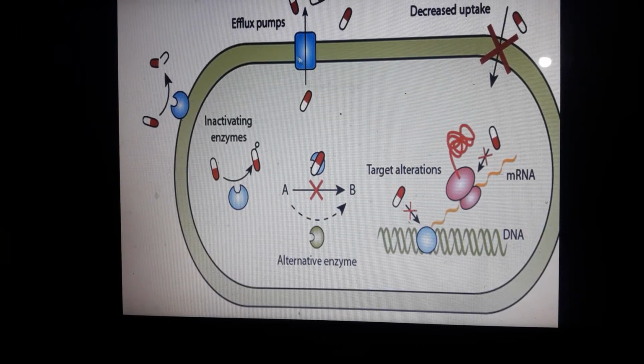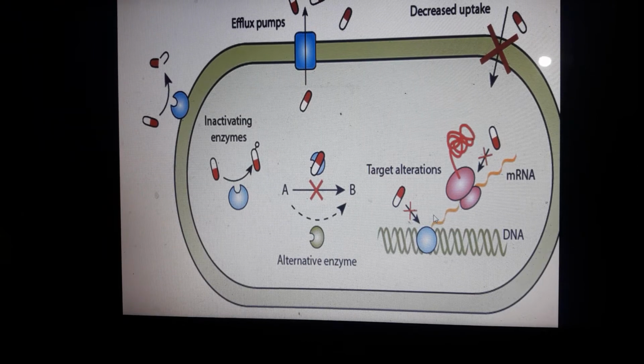So we have the efflux pump, so if this is the antibiotic, it can be effluxed, and we have decreased uptake due to impermeability of the cell membrane. And then we have the target alterations. There can be changes in the target, whether mRNA or DNA. So there can be changes, and the antibiotic can no longer bind to the proteins found inside the cytoplasm. The mRNA and DNA are found in the nucleus, so once there are target alterations, then this antibiotic cannot